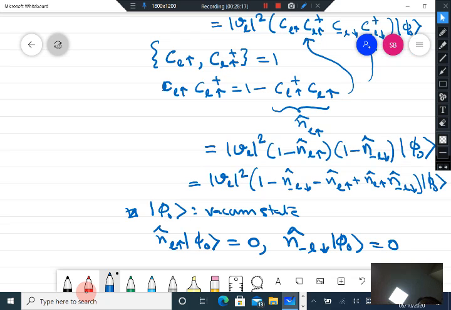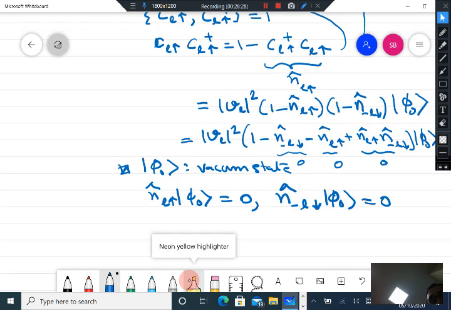So the number operator will just give you the number of particles in that state, but there are no occupied states, so none of these terms will give a non-zero result, all of them will turn out to be 0, and hence the above expression will be equal to